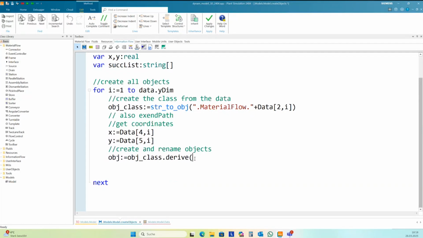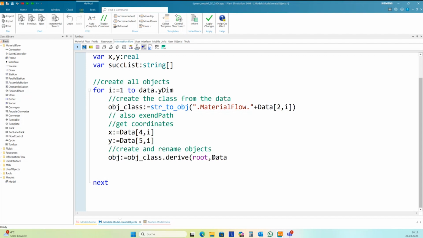We need to define the destination. We create this object in root. Otherwise, you can also use derive to create another class in the class library, and if we specify a frame, then we will create this object in a frame, and then it's really an object, not a class. And as a second parameter, I can define the name,